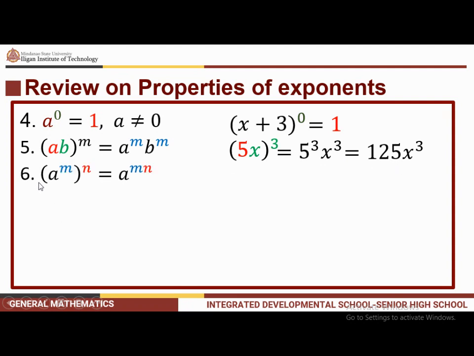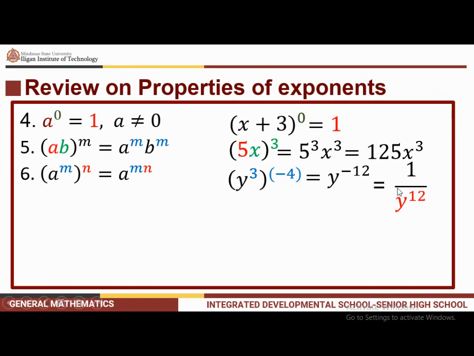Yung property number 6, kapag meron tayong a to the power of m, tapos meron tayong exponent na nasa labas. So, ang gagawin lang yan, i-multiply lang natin yung mga exponents na meron tayo. So, this is just equal to a to the power of m multiplied by n. For example, meron tayong y cubed, at notice natin na meron pang exponent na nasa labas. Ang gagawin lang yan, i-multiply lang natin itong dalawa. So, you'll have y to the power of negative 12,